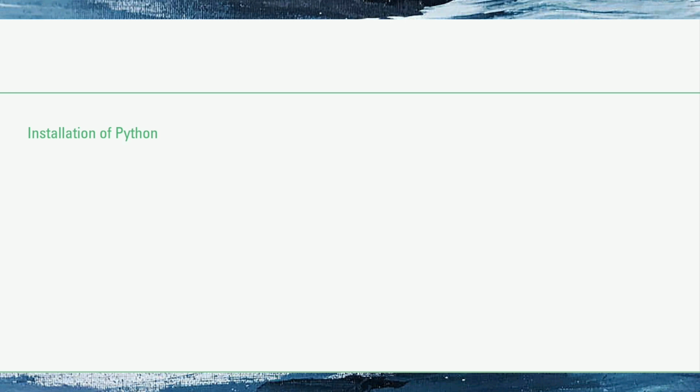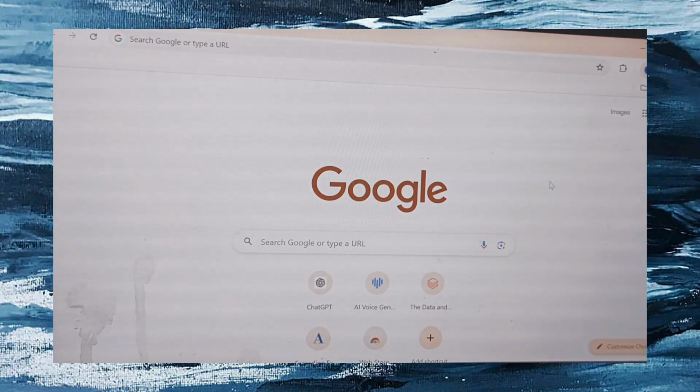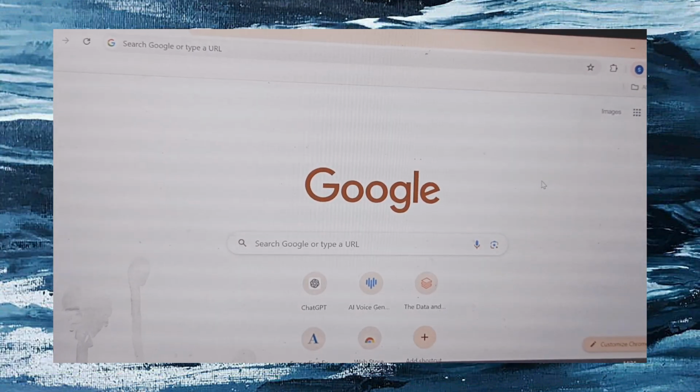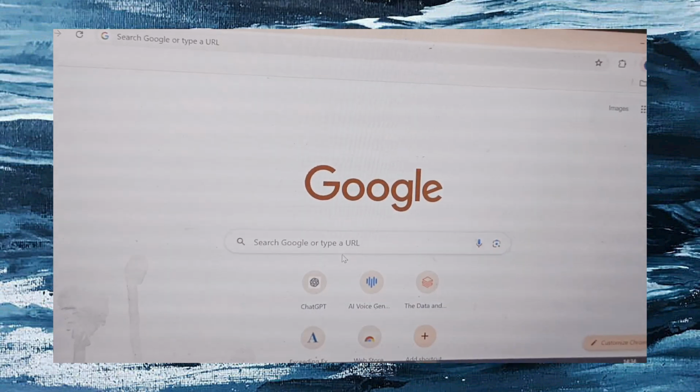In the previous lecture, we discussed memory management in Python. Today we will cover the installation of Python 3.12.4. So let's get started. For the installation of Python, come to your browser and type